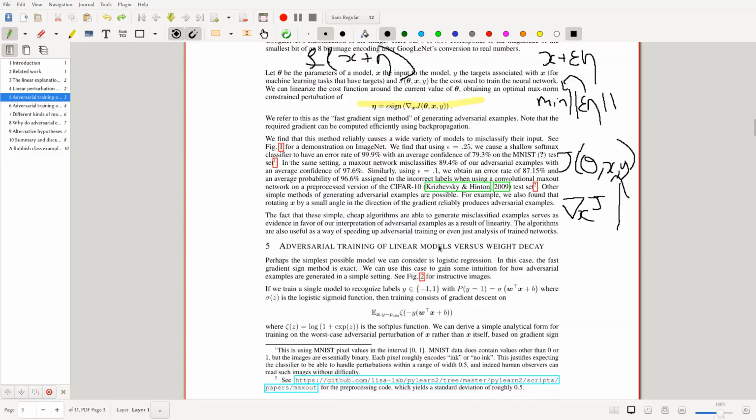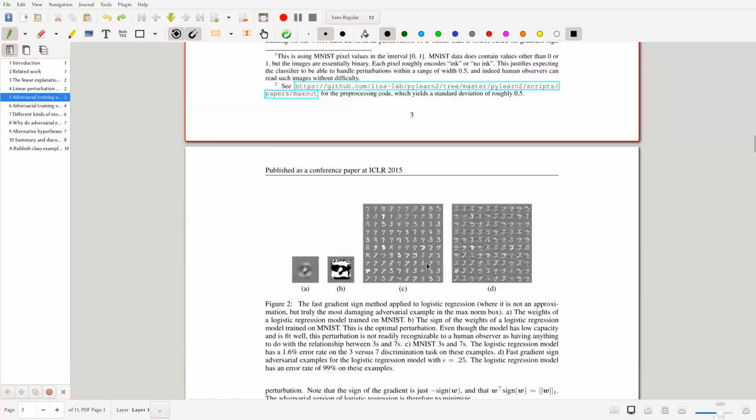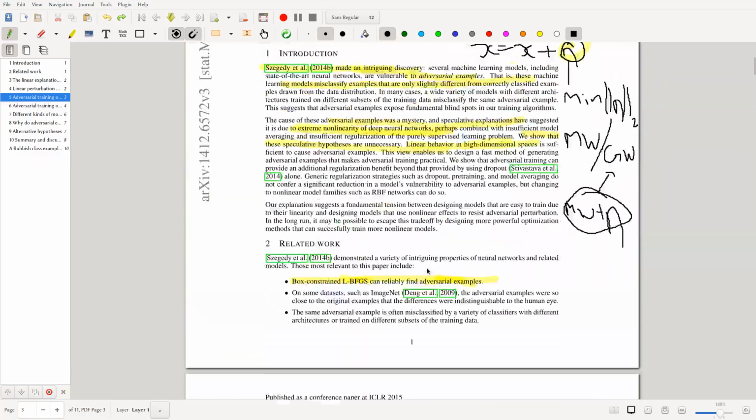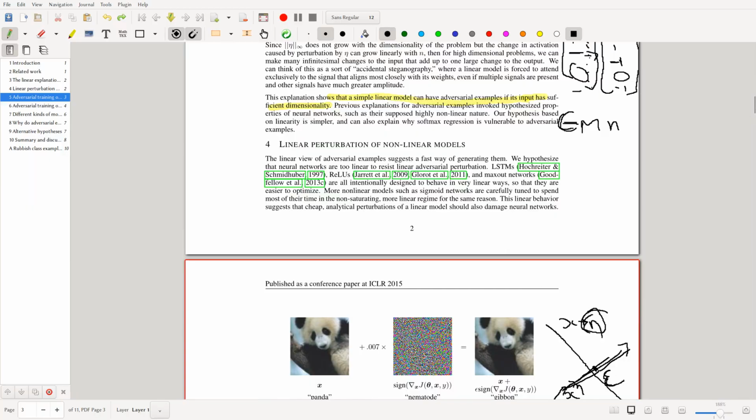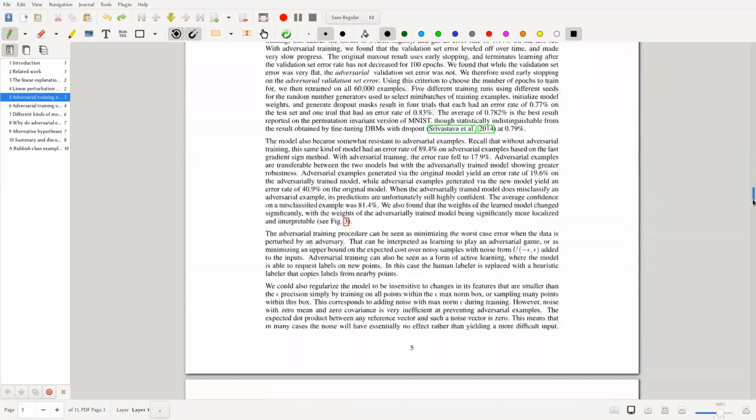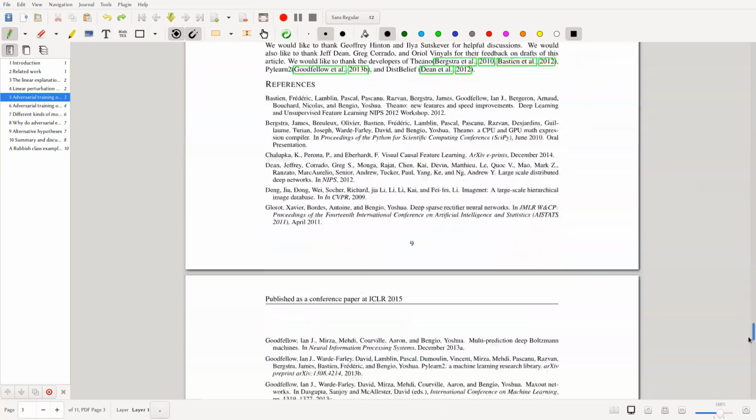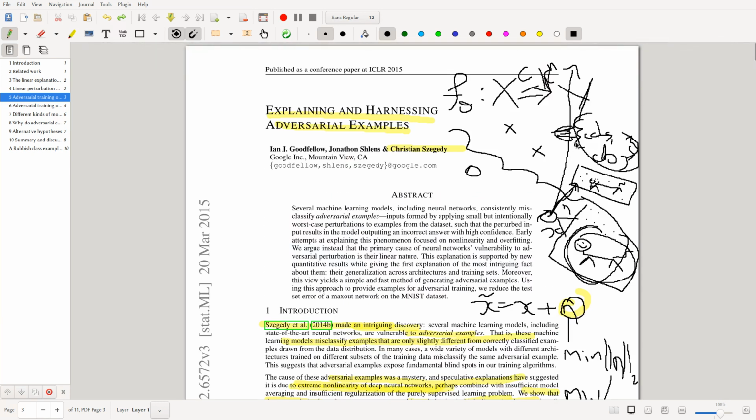Yeah. I think I'll stop here because I feel like we've gone over quite a lot, and I feel like this is a good introduction to adversarial samples. Then maybe we can go over some other bits of the paper. There's other papers I'm happy to review.